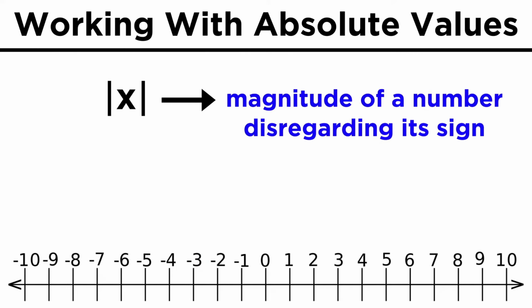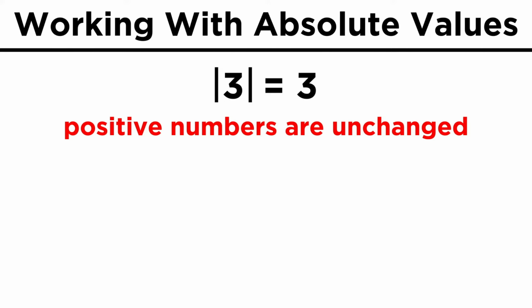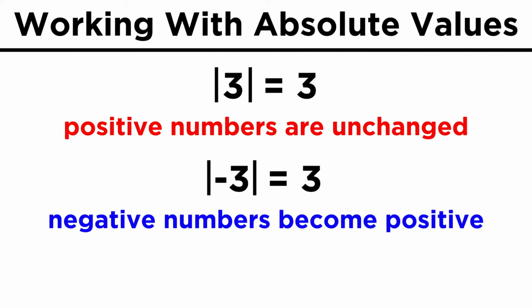That brings us to a more practical definition of absolute value as being the magnitude of a number disregarding its sign. Positive numbers are unchanged by taking the absolute value, while negative numbers simply drop the negative sign and become